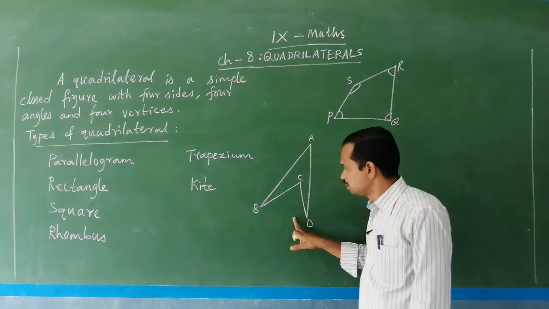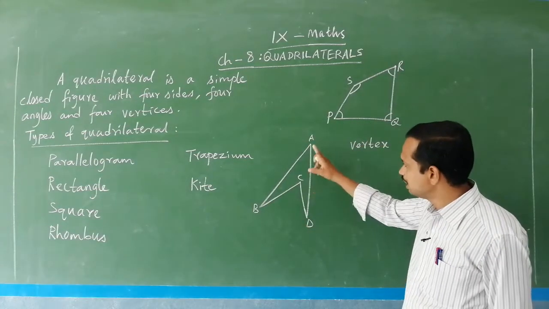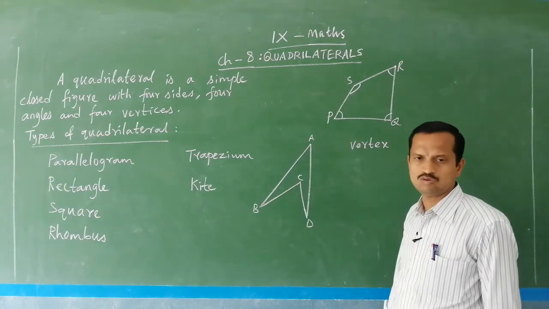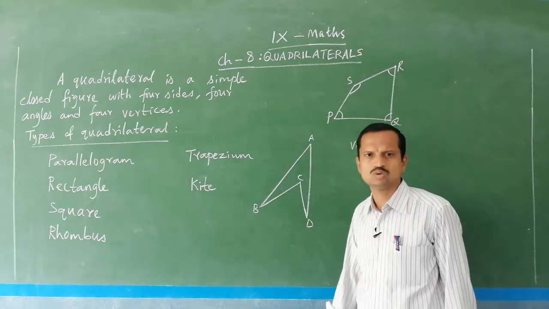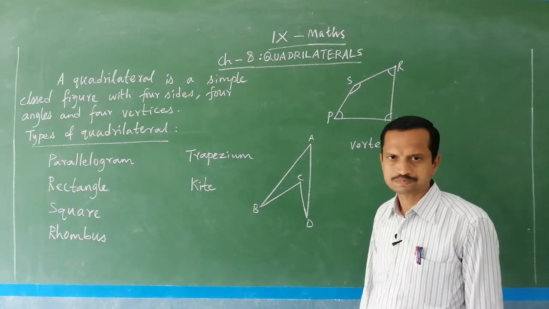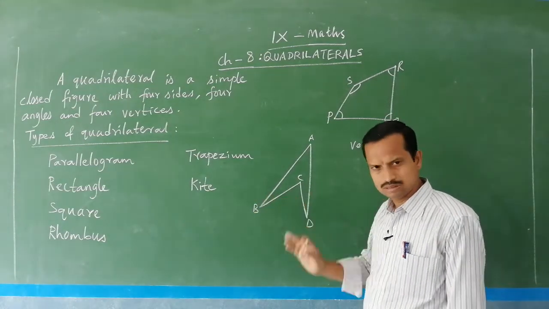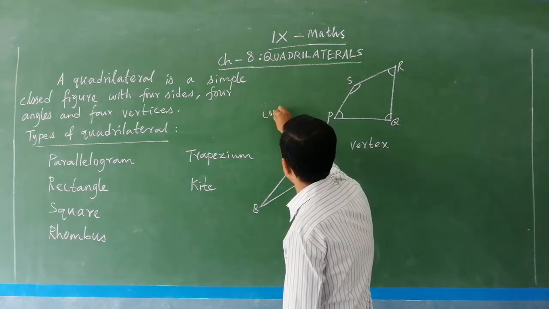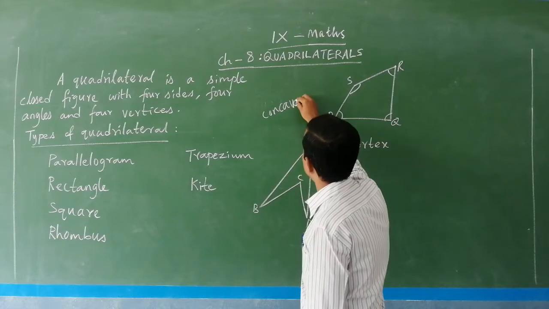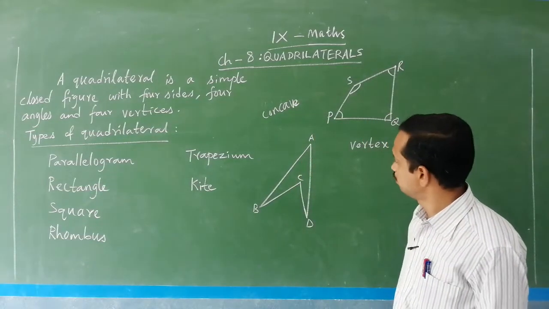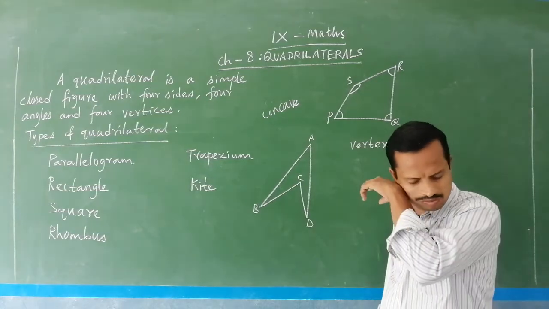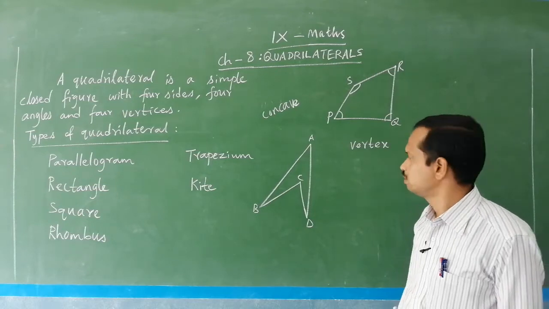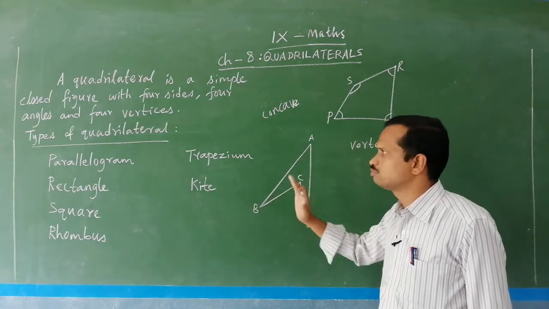And now you see here the diagram. So this A, B, C, D is also a four sided figure, four angles and four vertices. So you can say it is also a quadrilateral, but what is the difference between that and this? This is called concave quadrilateral. Concave. Because you know in 8th standard itself what is convex and concave quadrilateral. You have learned it, but even though you see these are the types of quadrilateral.